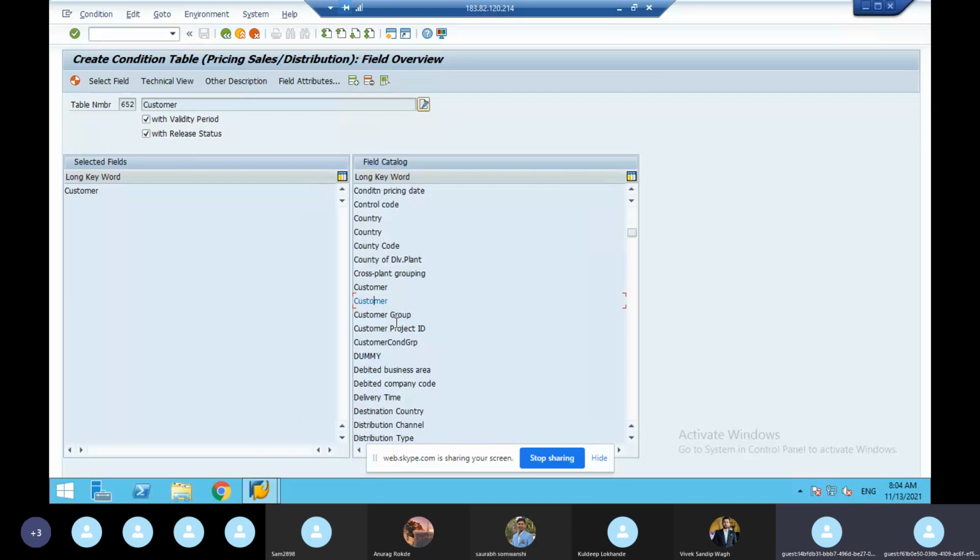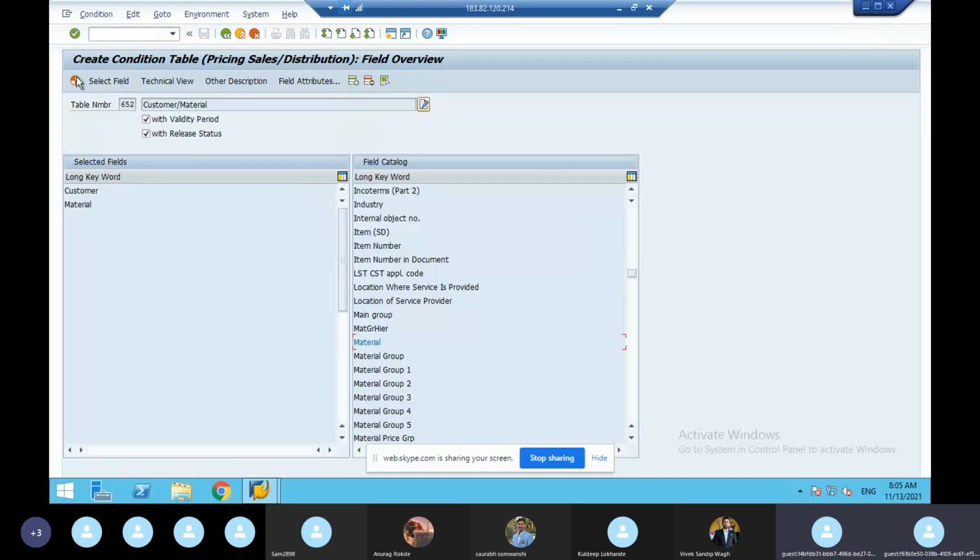Next, we need material, because customer alone, you can't make the pricing. So that is why I double click on the material number. So now I have taken customer and material. I transferred them from the field catalog database. This is a field, this is a database for the pricing. Here all the parameters for the pricing are there, what is important for price and all. So now the 652 table is filled with customer and material. If I say 652, it is customer and material. Why customer and material? I'll tell you now.